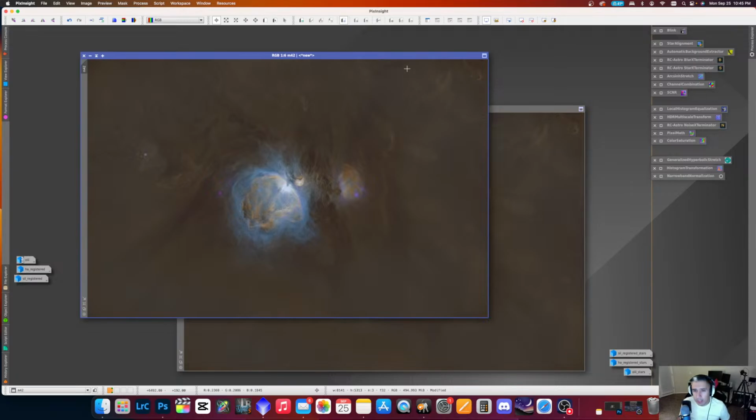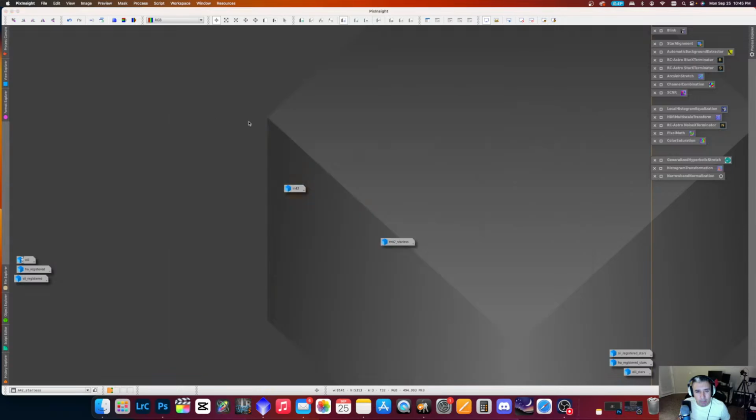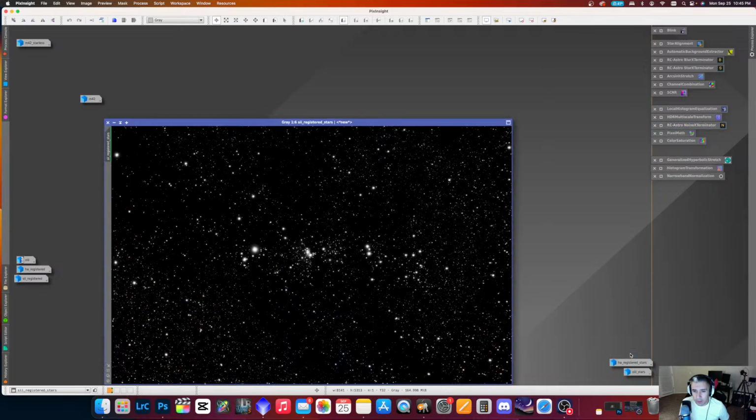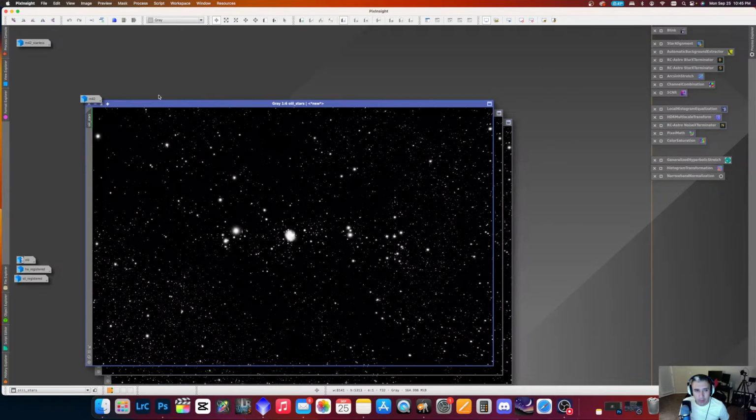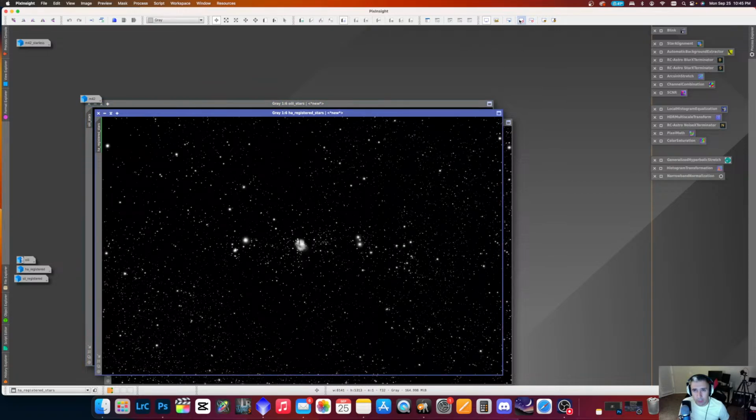All right, so now what we did, we're going to set these aside for now. All right, so what we did with the stacks for the actual object, we now have to do the same for the star masks. So here we have the masks for the oxygen, the stars from the oxygen stack, sulfur, and hydrogen. So I'm going to reset the